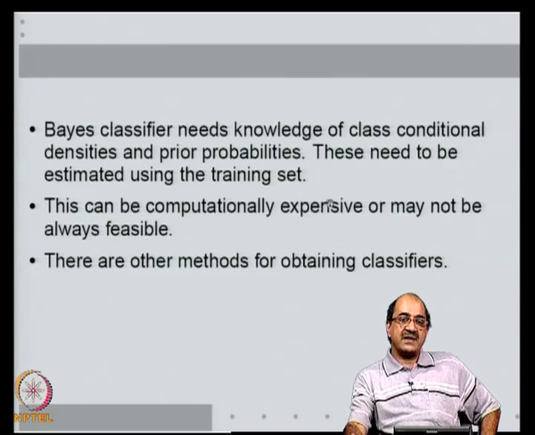Also, if I implement the Bayes classifier with estimated densities, because of the errors in estimation, it may no longer be optimal. So, considering all this, implementation wise, I will go for the Bayes classifier only if I have sufficient faith in the estimated class conditional densities. Otherwise, what do I do? Well, there are many other methods of obtaining classifiers. So, for the rest of this class, we will at least quickly review a few of them. Many of them we will look at in more detail later on in the course.